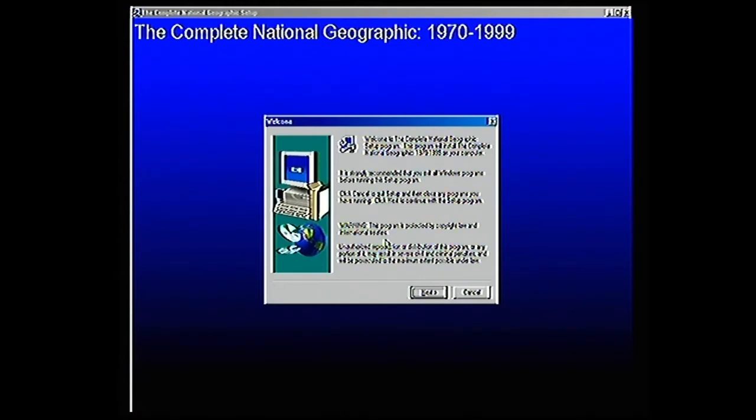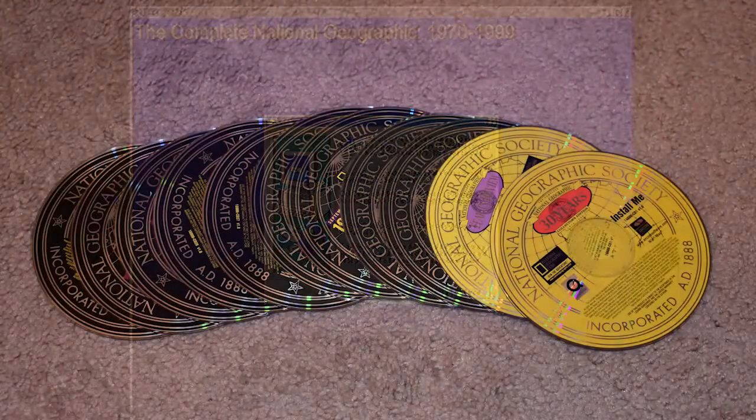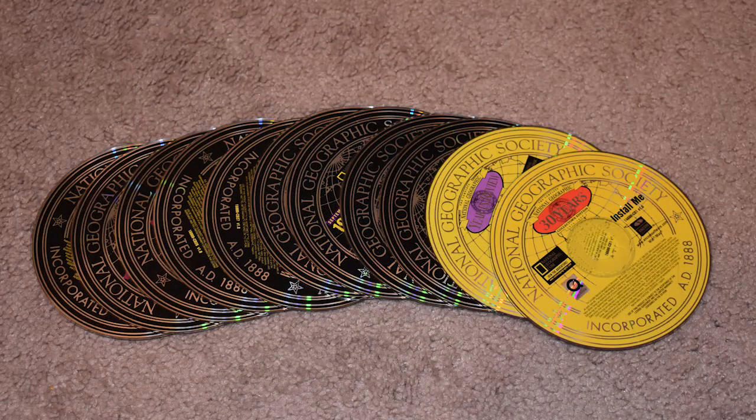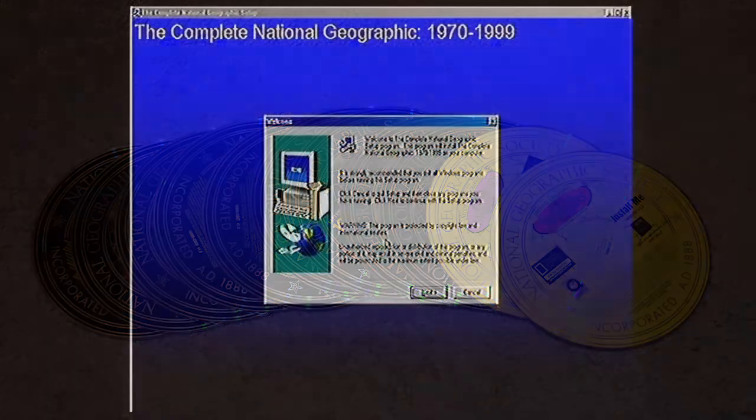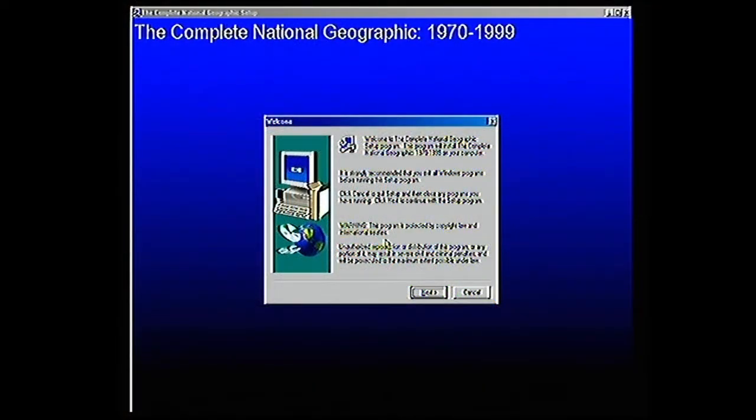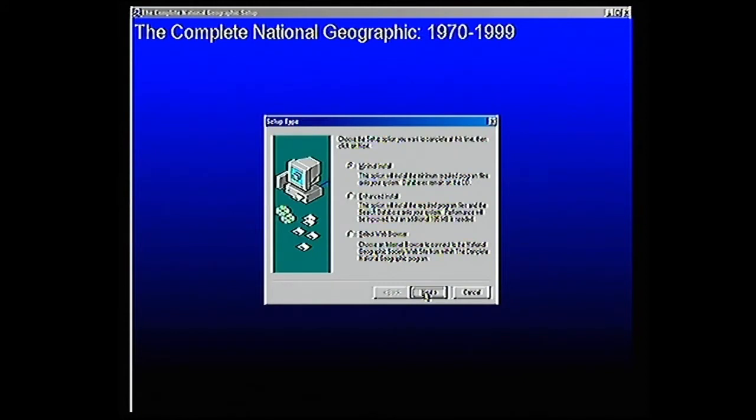I could see from these discs, we have a couple of yellow ones. One's an installation disc. The other one is specifically the year 2000. The black discs that we have number from January 1970 all the way through December of 1999. Before we actually get to look at it, that is what I was able to find out. Now, as you can see, we are going through the installation on a Windows 98 computer,